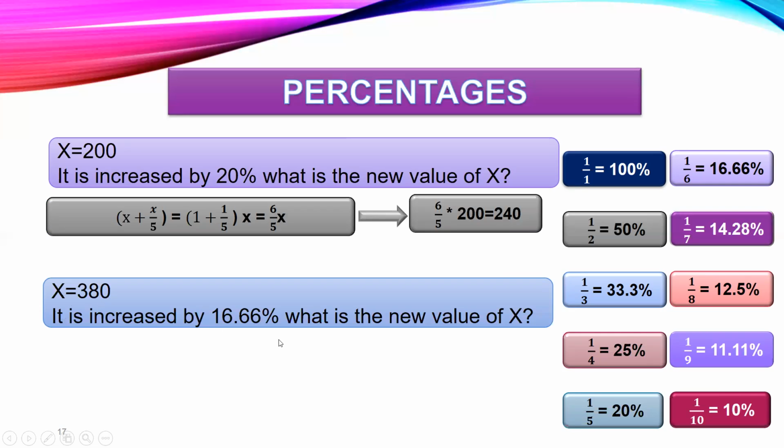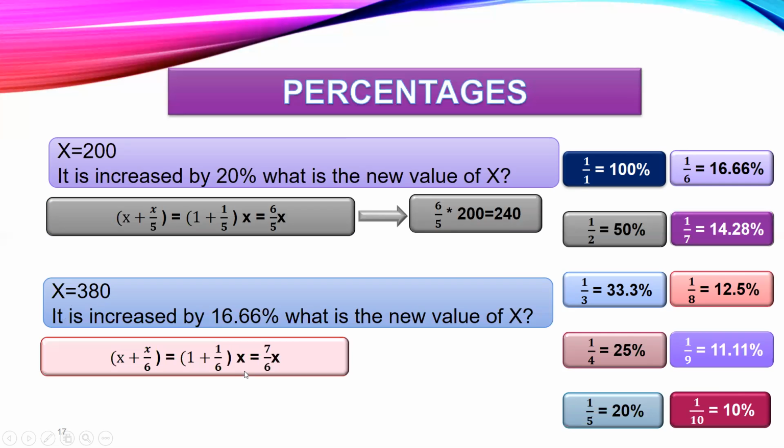So here 16.66 percentage into fraction, what is it? 16.66 is nothing but 1 by 6. So 1 by 6 plus 1 and that into x. So it's nothing but 7 by 6 x and that is giving you the value of 210. Isn't it very easy? Otherwise it's very difficult for you to do this calculation of 16.66 divided by 100 into, and all this will take so much of your time to get to a conclusion of what the answer is.